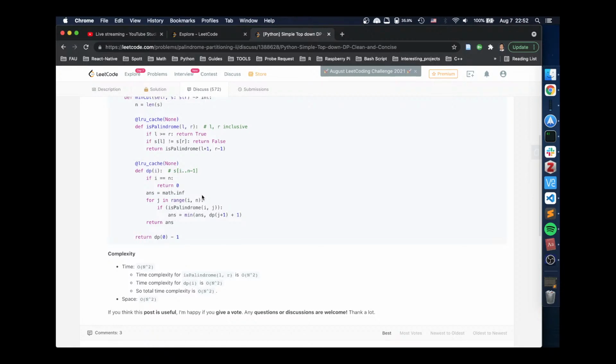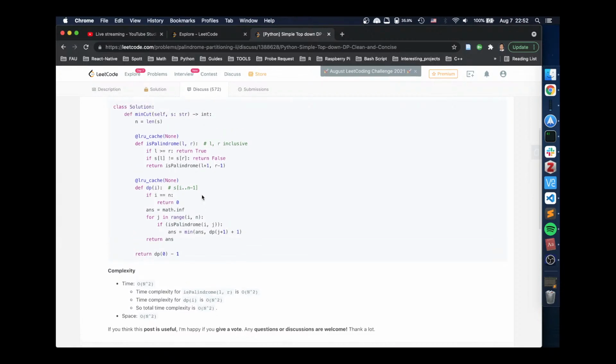Now you're saying that is palindrome. We cache is palindrome, okay? Okay, this check might be faster. And then dp[i] to n, if it's palindrome i to j,